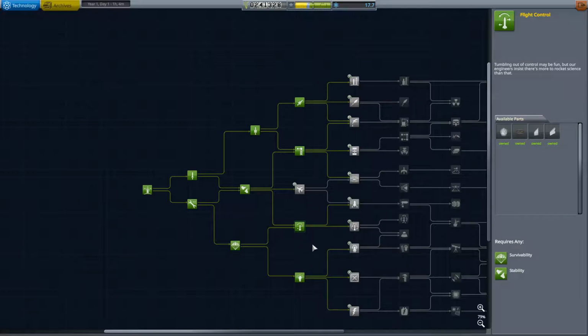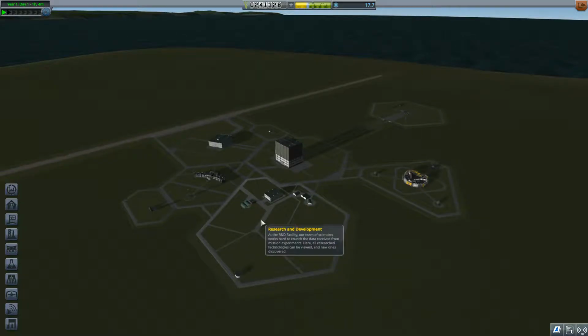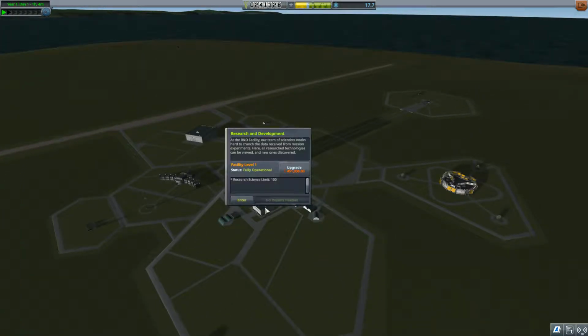Knocked out the first 3 tiers. 4th, count that. I don't think we did. 1, 2, 3 tiers. We have 1, 2, 3, 4 to go. 5. We're well on our way to a wonderful Kerbal game. A good start. We've got cash. But